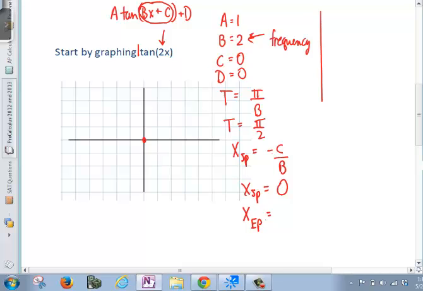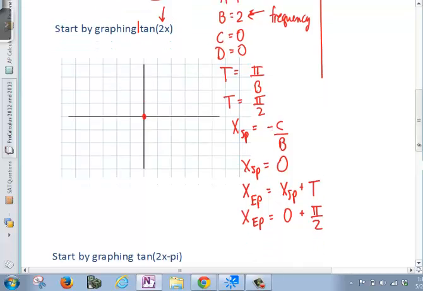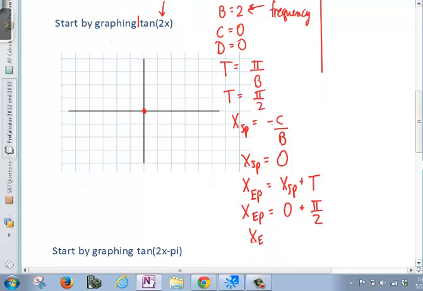So the end of a full cycle would equal the starting point plus what the period for that function is. So in this case, we have 0 for the start point plus a period of pi over 2. So we know that our next cycle will begin at pi over 2 radians. Now, if we know that pi over 2 radians, a full cycle will repeat, we know that